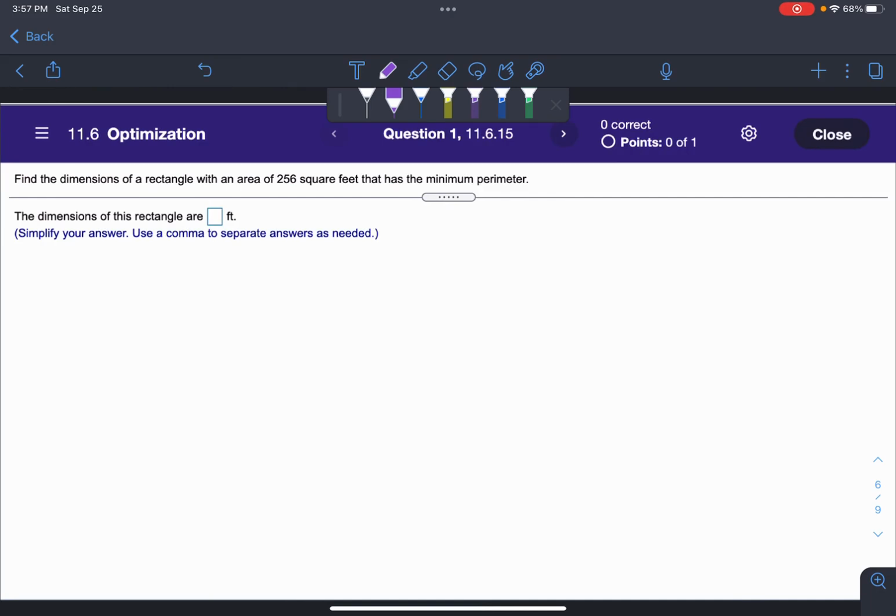Okay. So now we have a rectangle, so let's revisit our rectangle. And you can use whatever variables you like, length and width, or x and y, however you want to label it, it doesn't really matter. I'm just going to stick with x's and y's. But anyway, we know the dimensions has an area of 256 square feet. And the area of a rectangle is x times y, right? And we want to minimize perimeter,